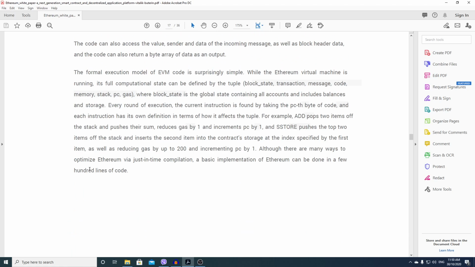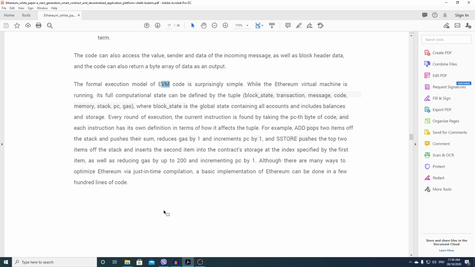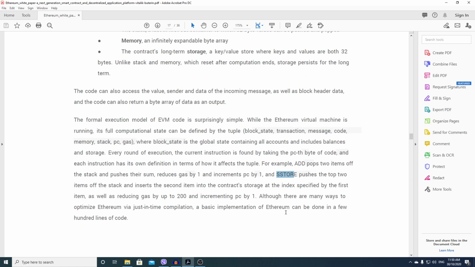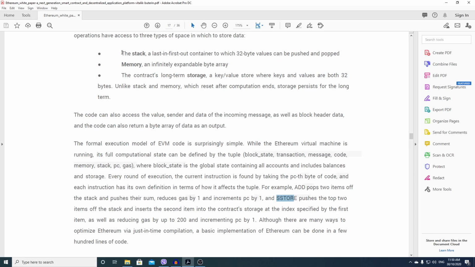Although there are many ways to optimize Ethereum via just-in-time compilation, a basic implementation of Ethereum can be done in a few hundred lines of code. Well, I think that really highly depends on the complexity of the EVM language. So a few hundred may be very optimistic in my opinion. But I mean, let's take their word for it. It depends on how many opcodes you have. But I think their point is that it's not super complicated in the sense that you only have a stack,